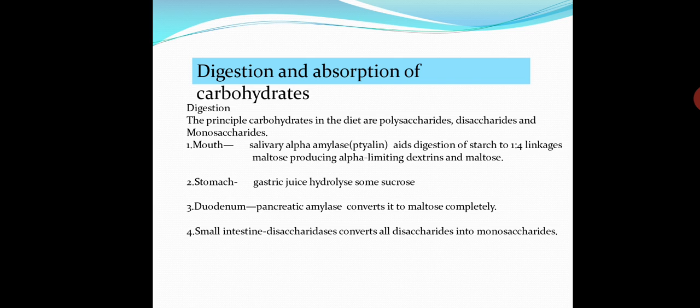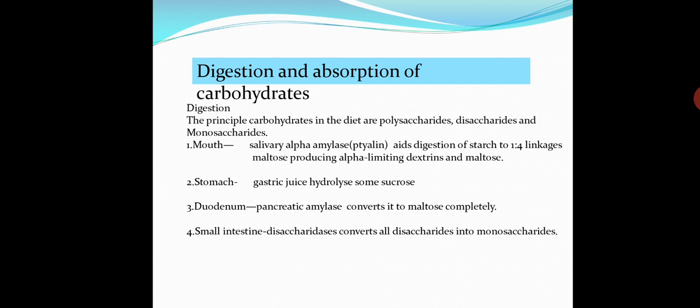The disaccharides are sucrose, lactose, and maltose. The monosaccharides are hexoses like glucose, fructose, galactose, etc. Pentoses do not occur in free form but are found in nucleic acids and in certain polysaccharides, for example, pentosans of fruits and gums. The digestion of carbohydrates starts in the mouth by ptyalin or salivary amylase,